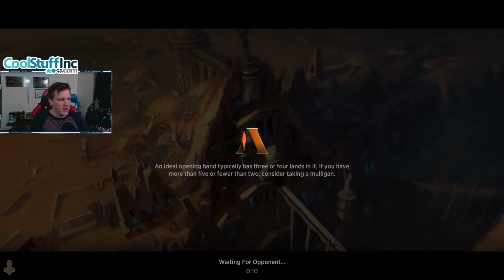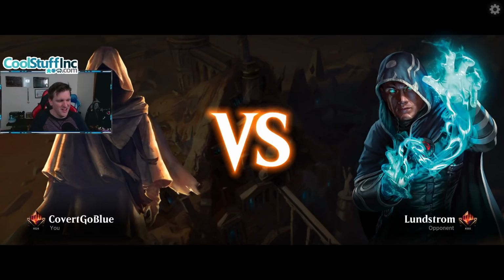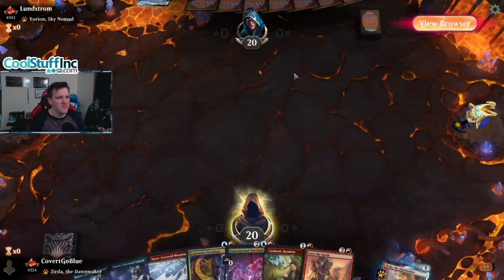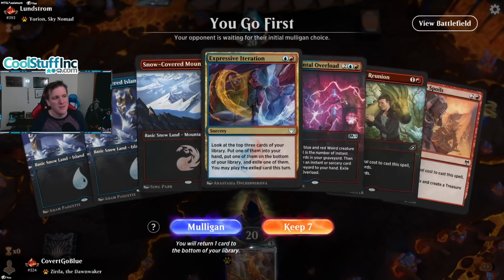If we play all mono red with all my frost bites and the closing speed of my experimentations, then I'd be into that. I'd be into that. More mono red, please. Well, opponent responded with Yori and the Sky Nomad, which is probably going to be much